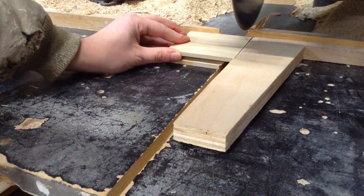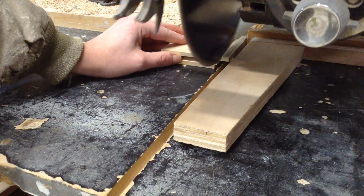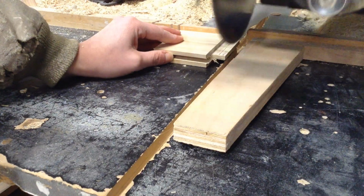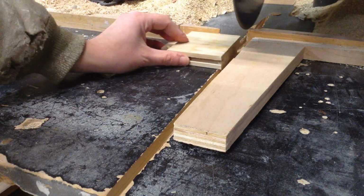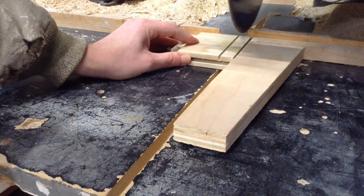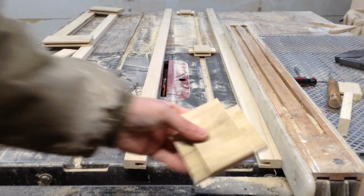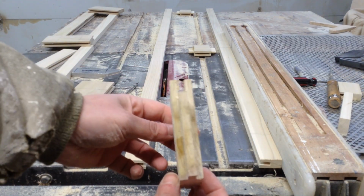For just cutting a couple pieces, I usually opt to just keep my regular blade in there, and all I have is a stop. So I have the stop set up so that it's going to cut the same thickness for all of these tongues. Like I said, I did a test cut to get everything dialed in, and then on the top piece,